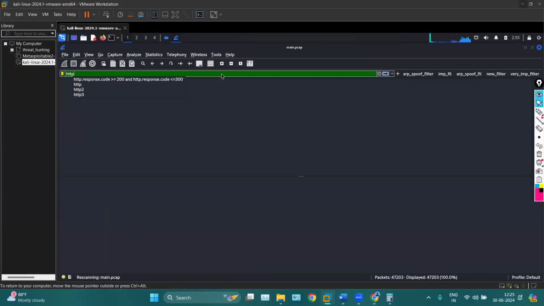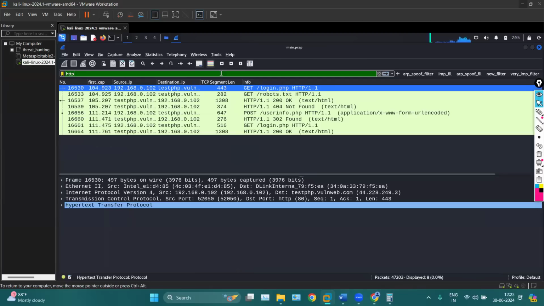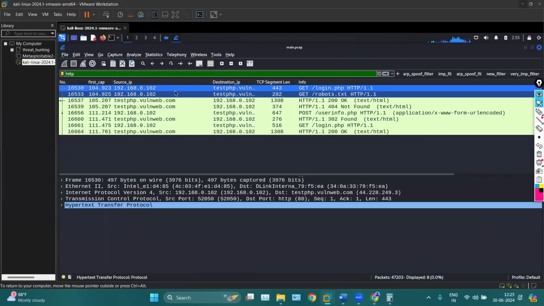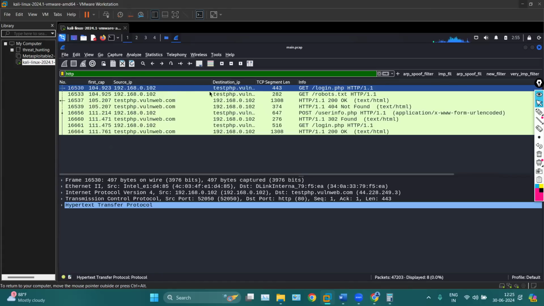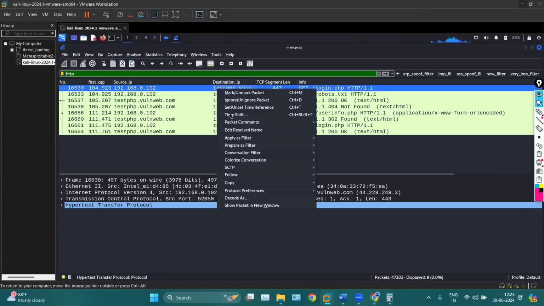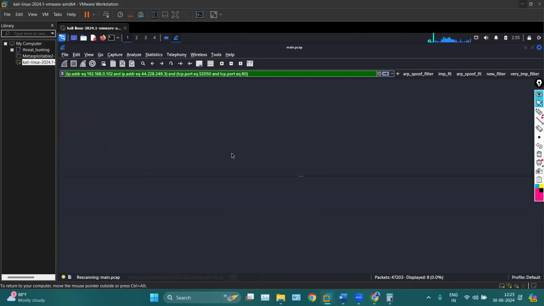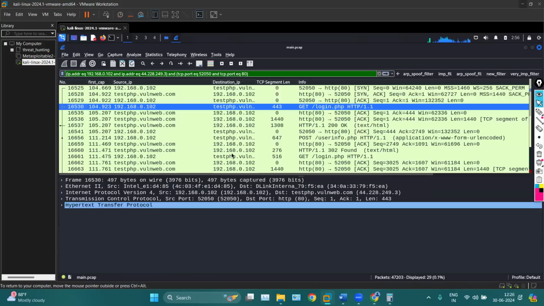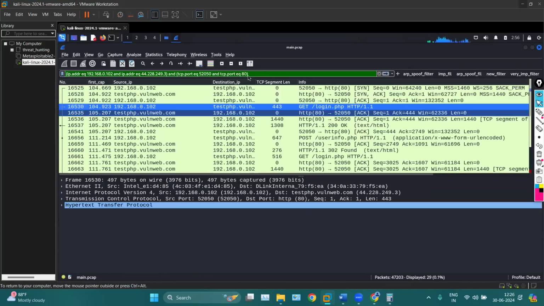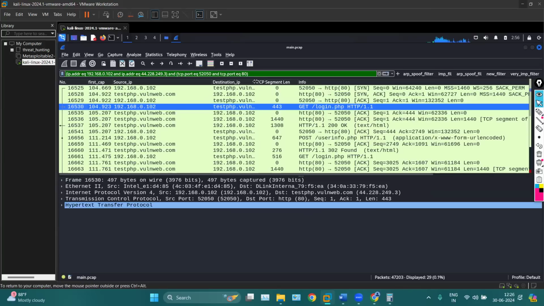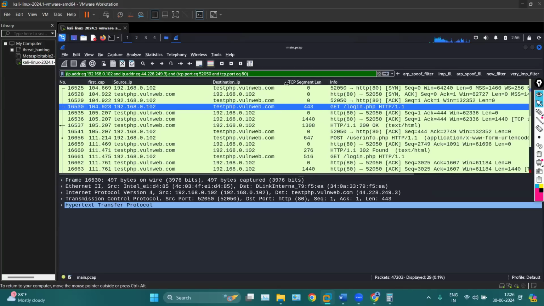We have HTTP traffic. So it is simple HTTP traffic between this client and this server, this client and this server. So we can apply the convolution filter. Now this is the communication between one client and one website. Same as you can apply any convolution filter to check out the HTTP traffic between one website and